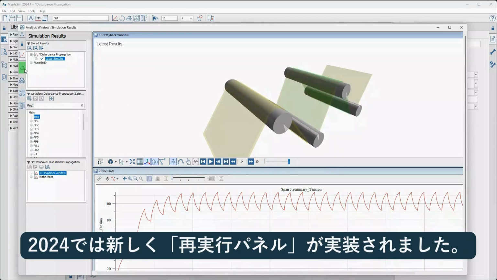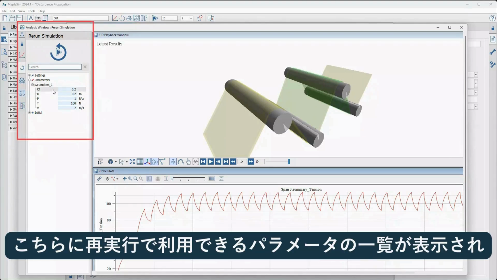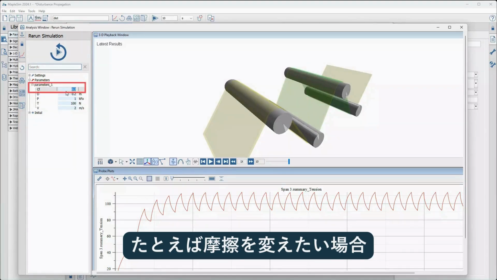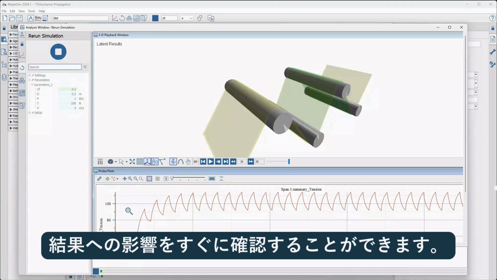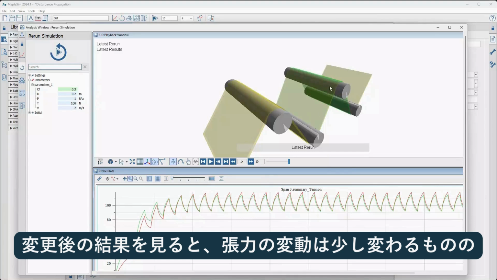What's new in 2024.1 is the Rerun panel. Here you can see that same set of parameters that I exposed and made available for rerun, and I can just modify them here. So if I want to adjust the friction, I can do so, and immediately rerun and see how it affects my panel. And you can see here, it adjusts and it affects this fluctuation a little bit, but doesn't do a great